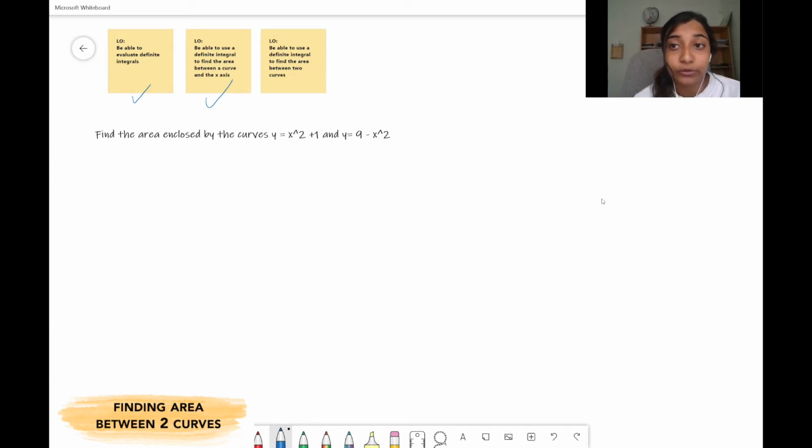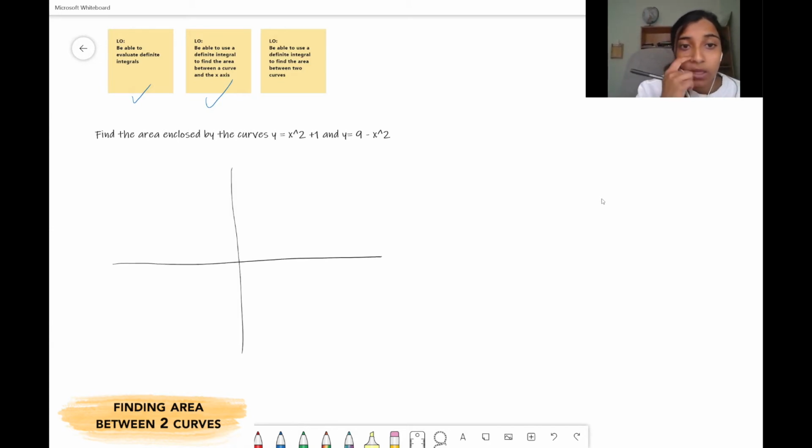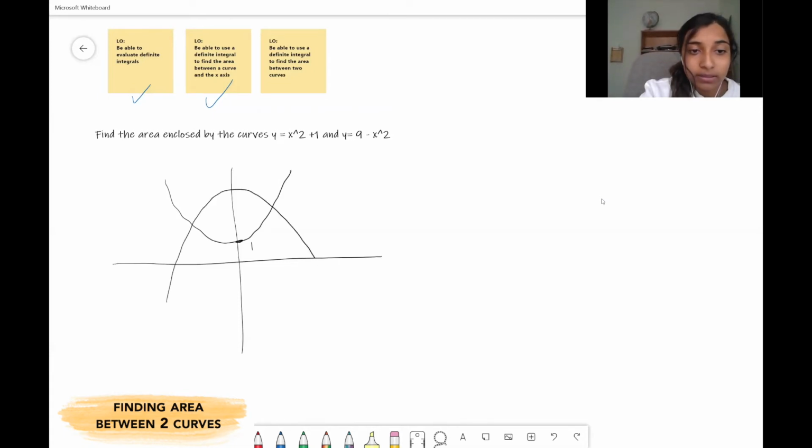draw out your two curves on the same axis to see what the area would look like between the two. So if you were to draw x squared plus 1, we would get the curve looking like this, and 9 minus x squared, the curve will look something like this, this being 9. So therefore the area that we want is the area between here, and we want to try and find,